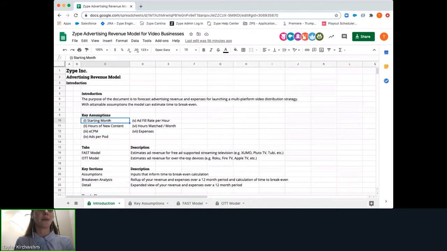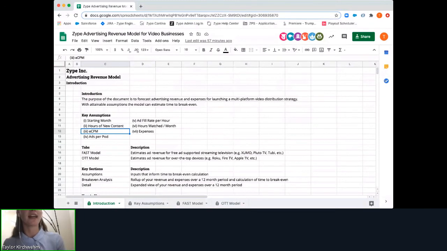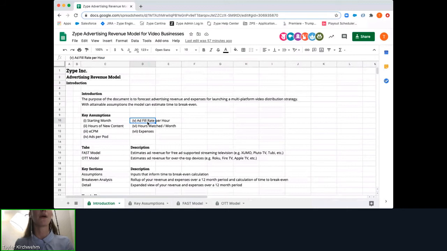So here are some of the key assumptions that you would want to have readily available when you're inputting the data points into this model. You're going to want to have your starting month. This is the month that you want to go live. Have that available. The hours of new content. So how many hours per month of new content do you plan to add? Your eCPM. This is the effective cost per 1,000 impressions. To make it simple, this is going to be a blended rate. It's not going to be dependent on any type of ad sales channel. So it's going to be blended between any type of direct or programmatic ad sales that you might have. We're also going to want to have handy ads per pod, and your ad fill rate per hour, or an assumption there,